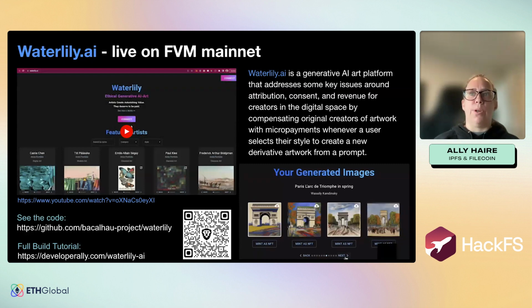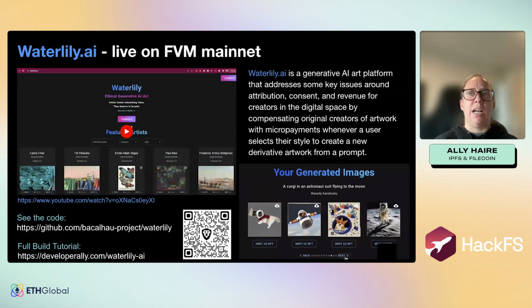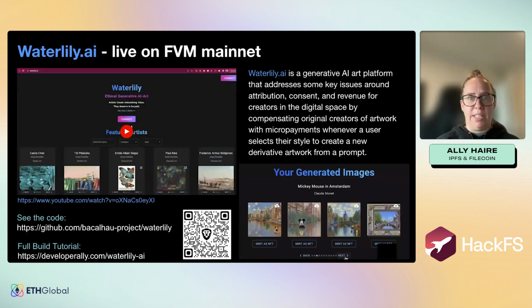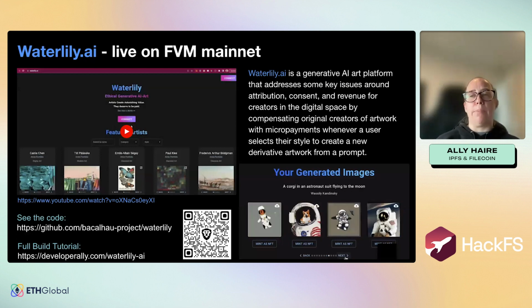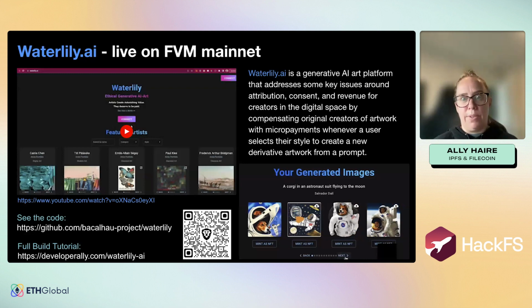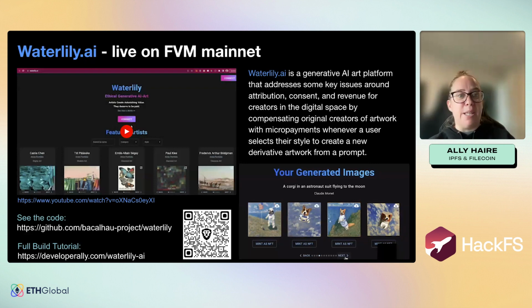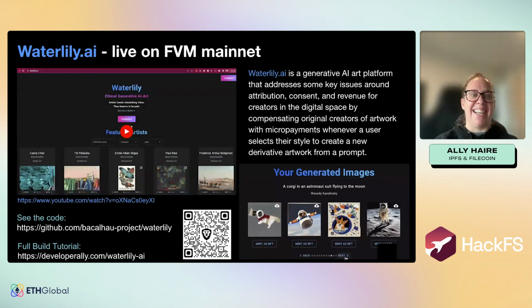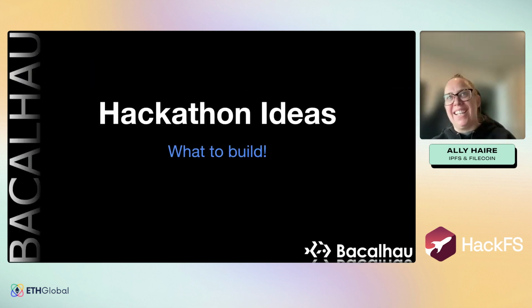We fine-tuned this model to this particular artist. And then each time a user chooses this artist, the artist is paid a certain amount of money for the images that are generated. For private artists, they are paid directly to their wallet. For some of the public artists, we are donating those funds to art foundations, one of which is Grey Area, which is an amazing art community and foundation based in San Francisco. Anyway, the point of this is I just wanted to show you what maybe is possible with some of this underlying technology. I'll move on and give you some more awesome hackathon ideas on what to build,